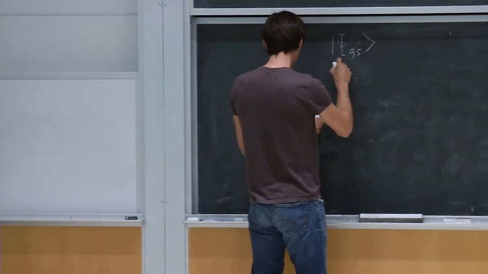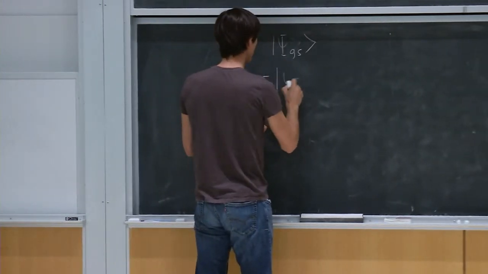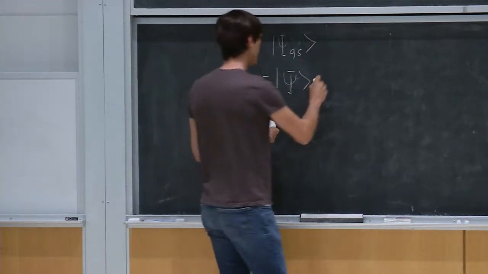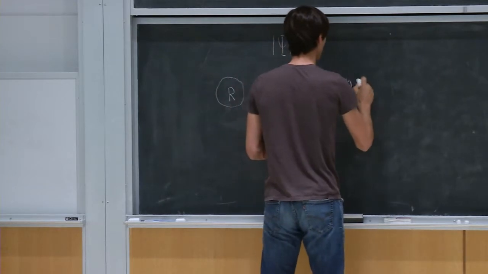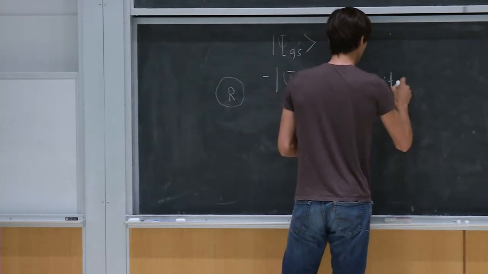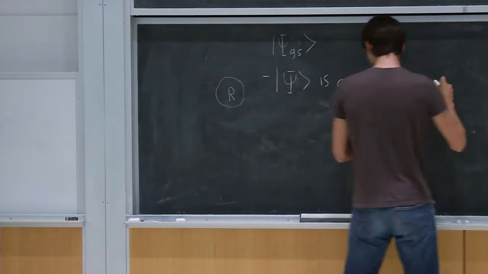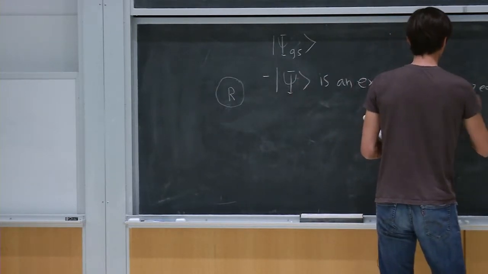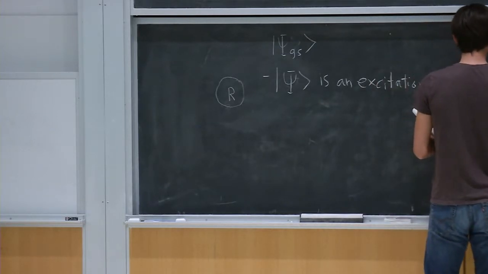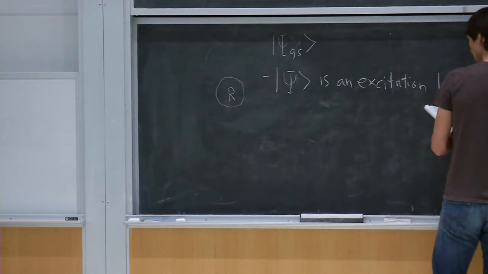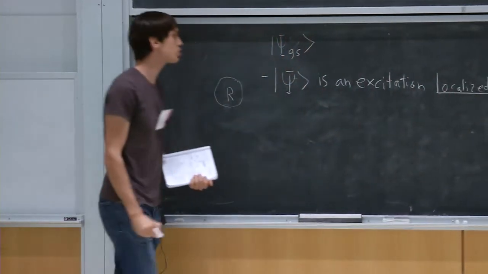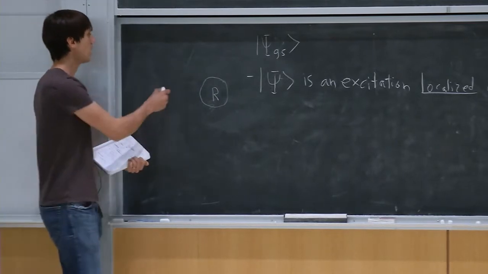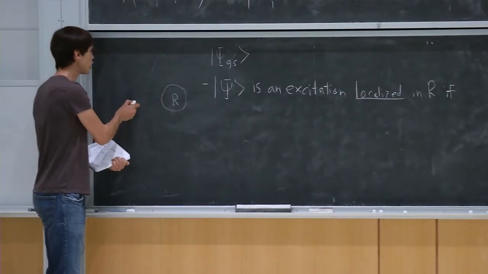So I'll say that some other state psi, not the ground state, is an excitation that's localized in R if it looks the same as the ground state away from R, and in particular just on